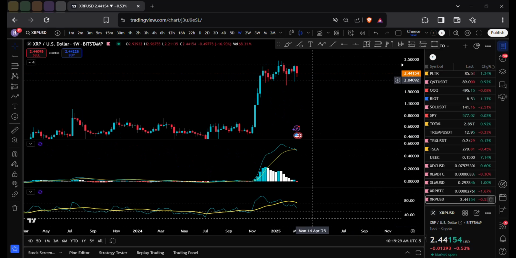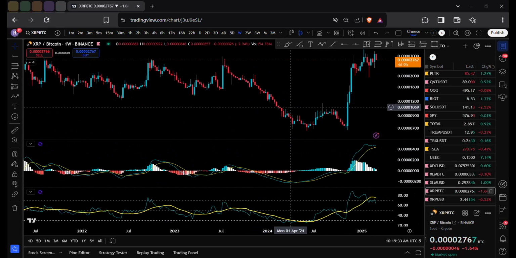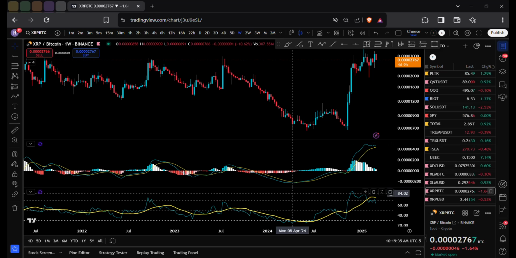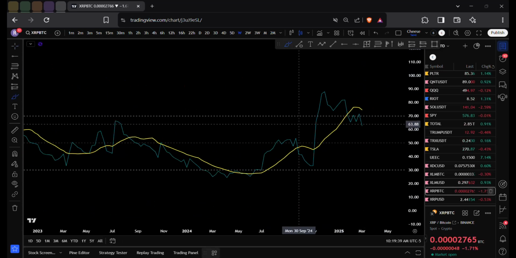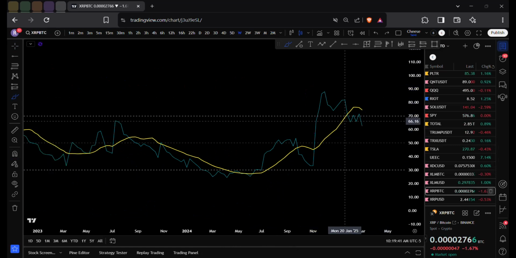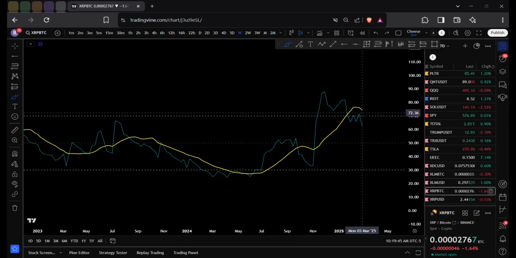I'm not touching XRP. I'm actually waiting to see if it goes back down to 207. Curious what the XRP Bitcoin price. Yeah. It just showed you it. Just showed you this market. This is a bearish market structure. We were trying to make a double bottom. We got rejected by the 70.